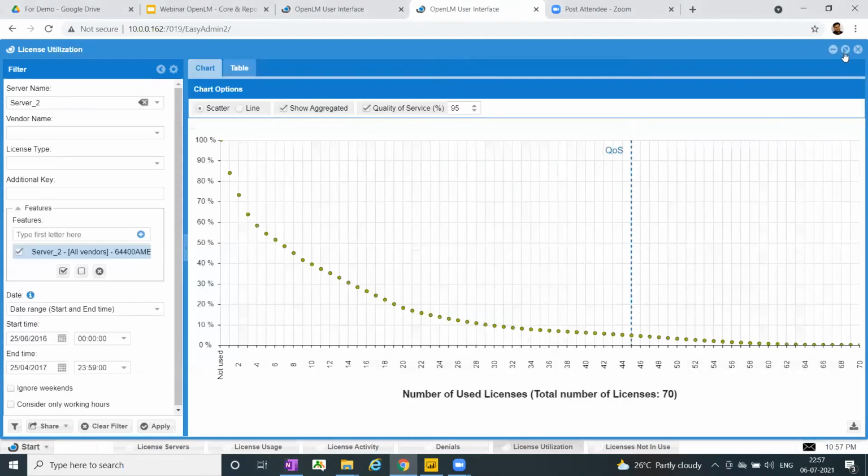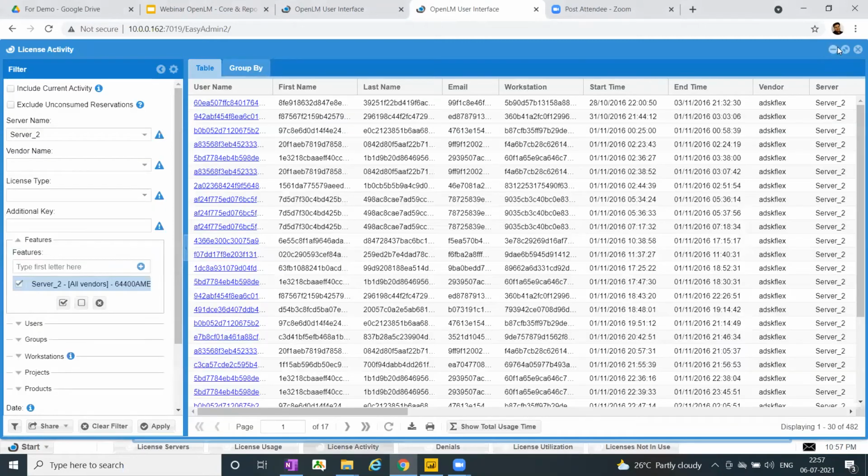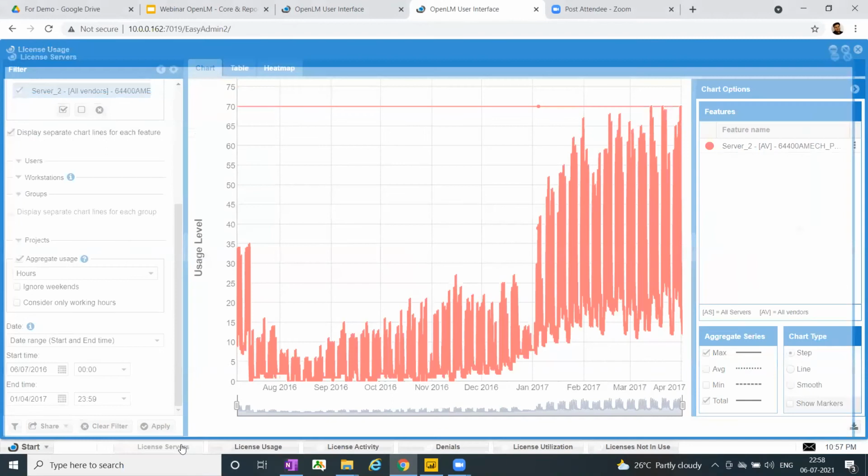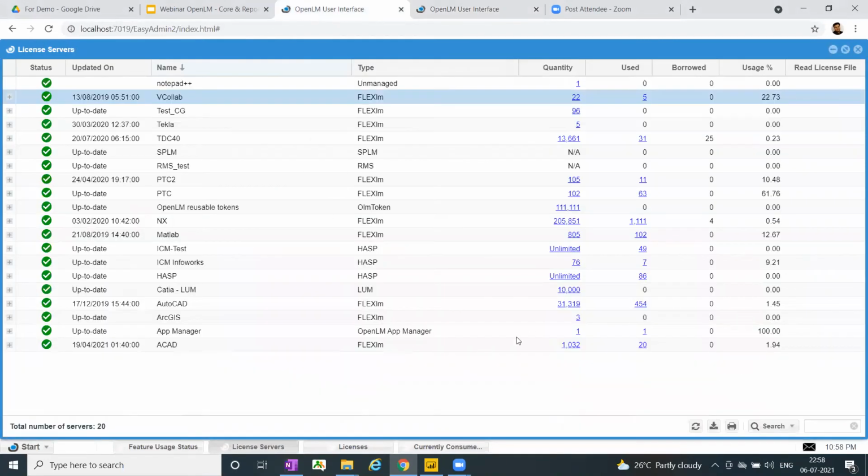Now let us also see how OpenLM monitors the license usage. Like I told you, we can monitor the license usage using the license manager for floating licenses. Also, we can monitor the license usage using the process name.